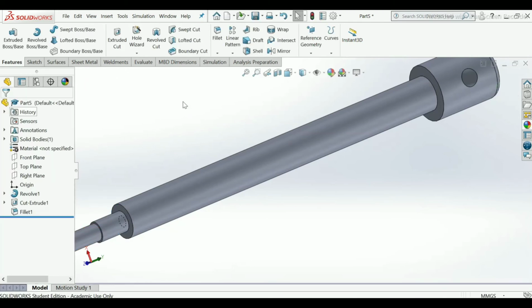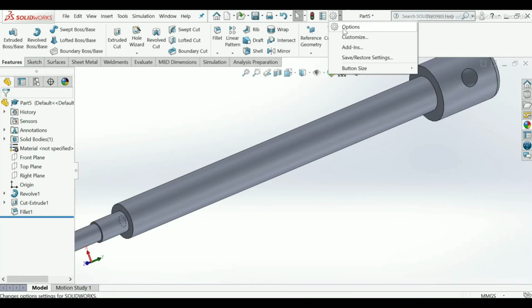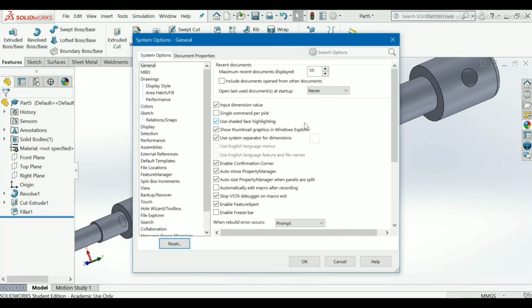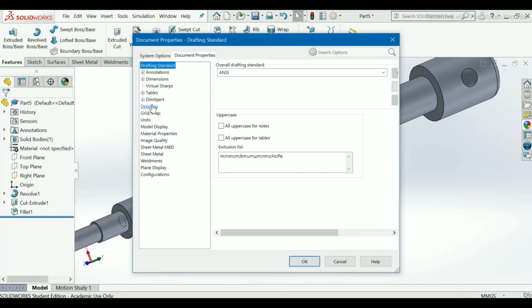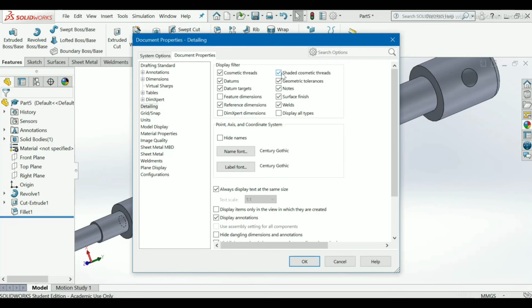Okay, go to options, document properties, detailing, shaded, apply shaded cosmetic thread. Okay.